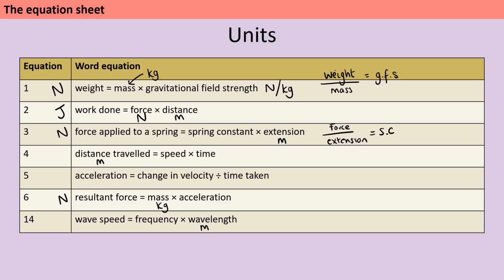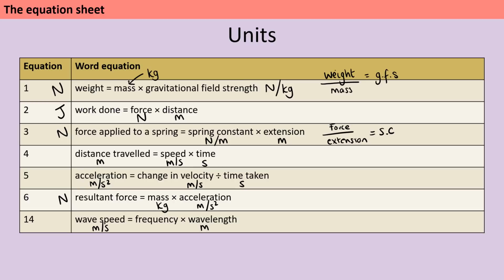So we can rearrange this equation to have force over extension as the spring constant, and that therefore is newtons divided by meters. So newtons per meter is the unit there. Speed and velocity should be measured in meters per second and time in seconds. Acceleration is in meters per second squared. And remember that squared is part of the unit, so it's not saying that you need to do any squaring